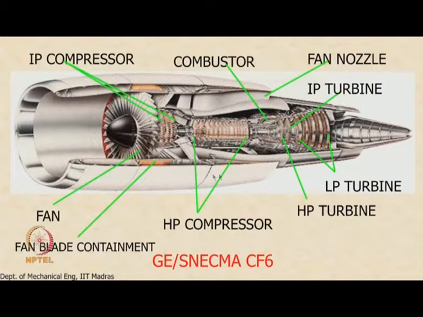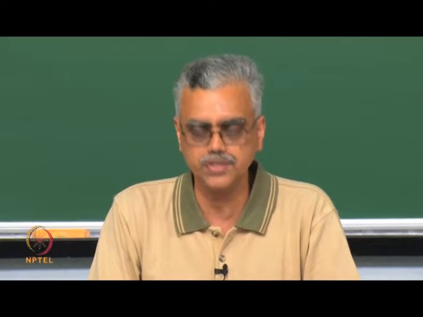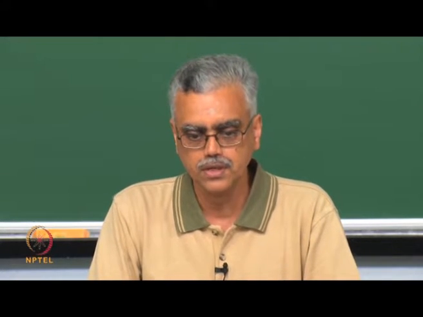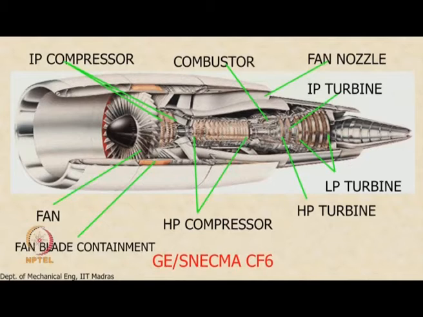So, here we are looking at a mid-size engine from GE. This is a CF6 engine typically used in Airbus A320 and Boeing 737 and so on. Mid-size aircraft. This is not the largest engine that GE makes. We will look at that next. So, you can see the general features of the engine. There is a big fan in the front, as you can see. There is an intermediate pressure compressor and there is a high pressure compressor. So, you can see the fan blades and the area decreasing here, and then you see the combustor here.